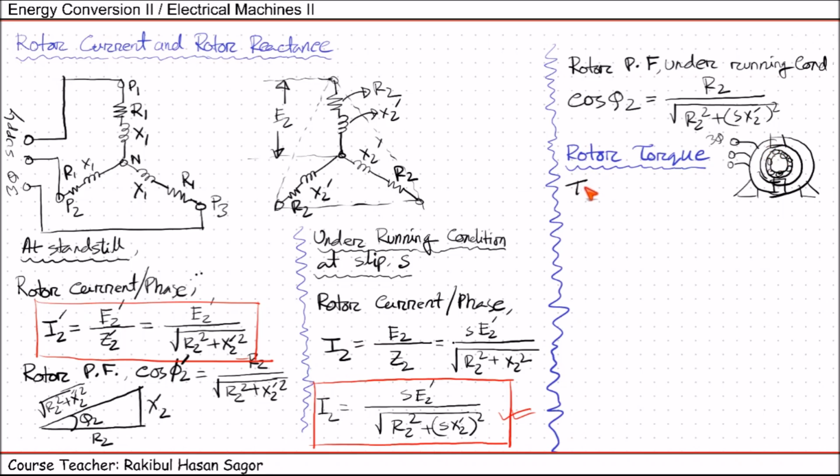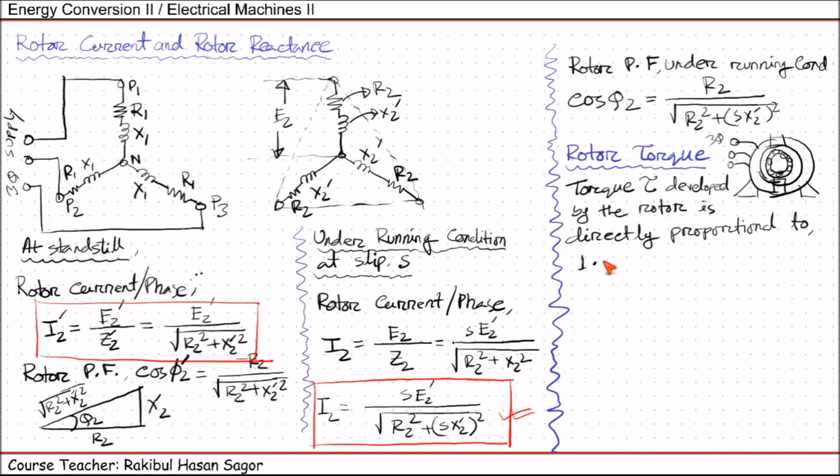So we can write torque tau developed by the rotor is directly proportional to number 1, magnetic flux, and also number 2, the current flowing through the rotor, because if we have a higher amount of current flowing through the rotor, then the force exerted on the rotor bars will be higher, so eventually the rotor torque will be increased. So we can say the rotor current,